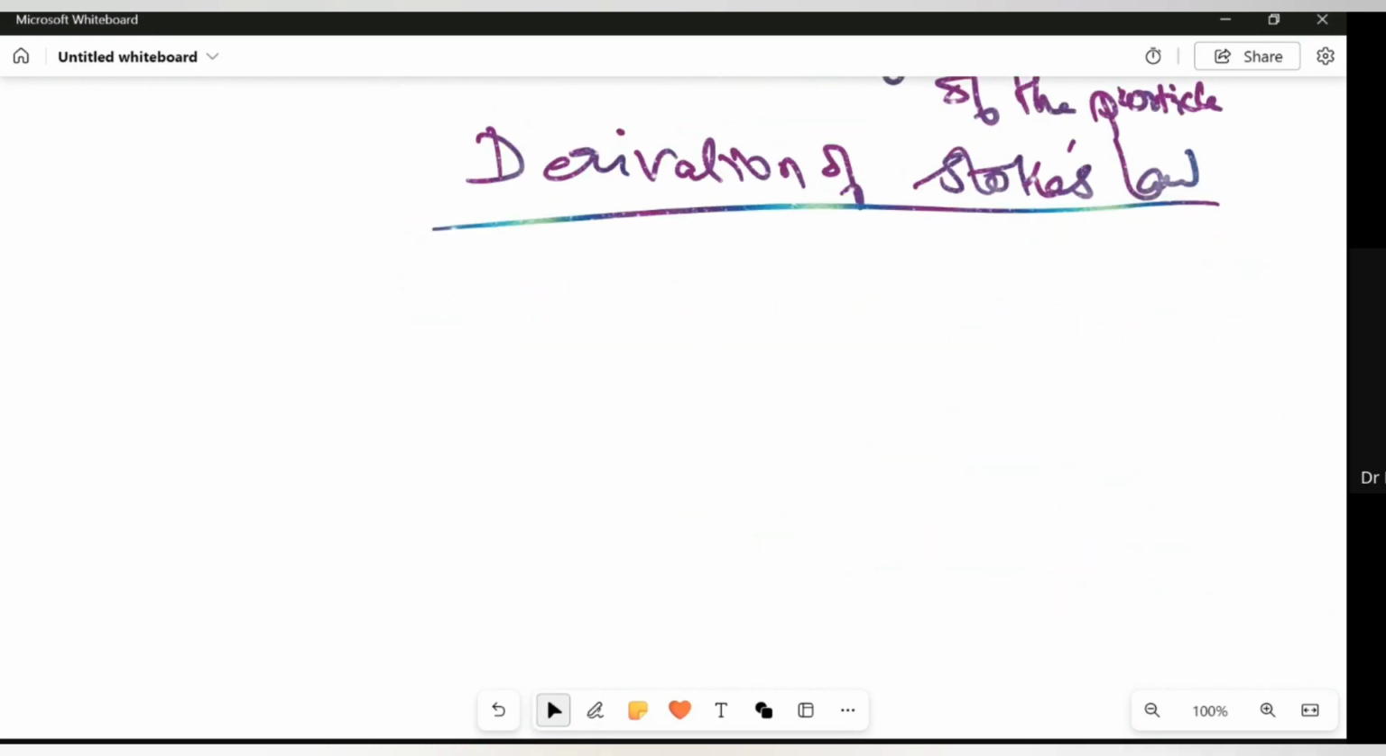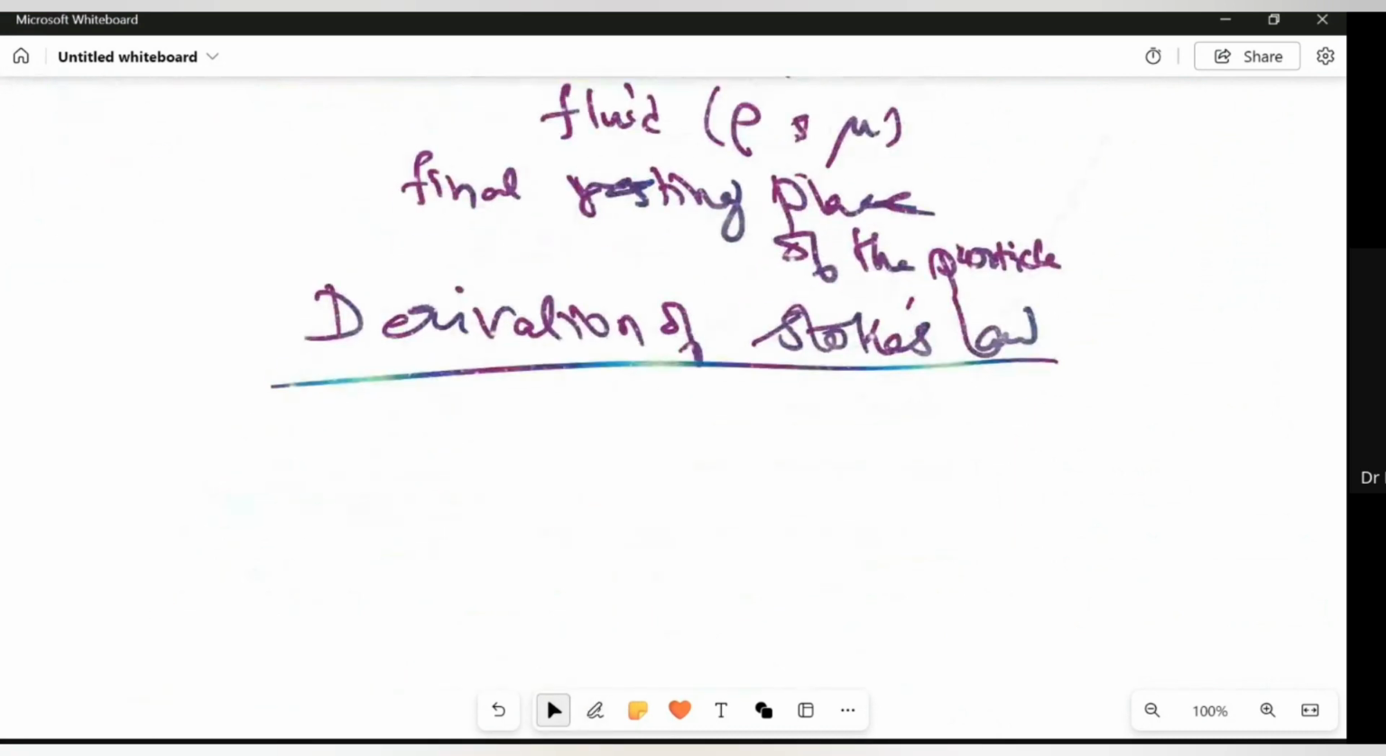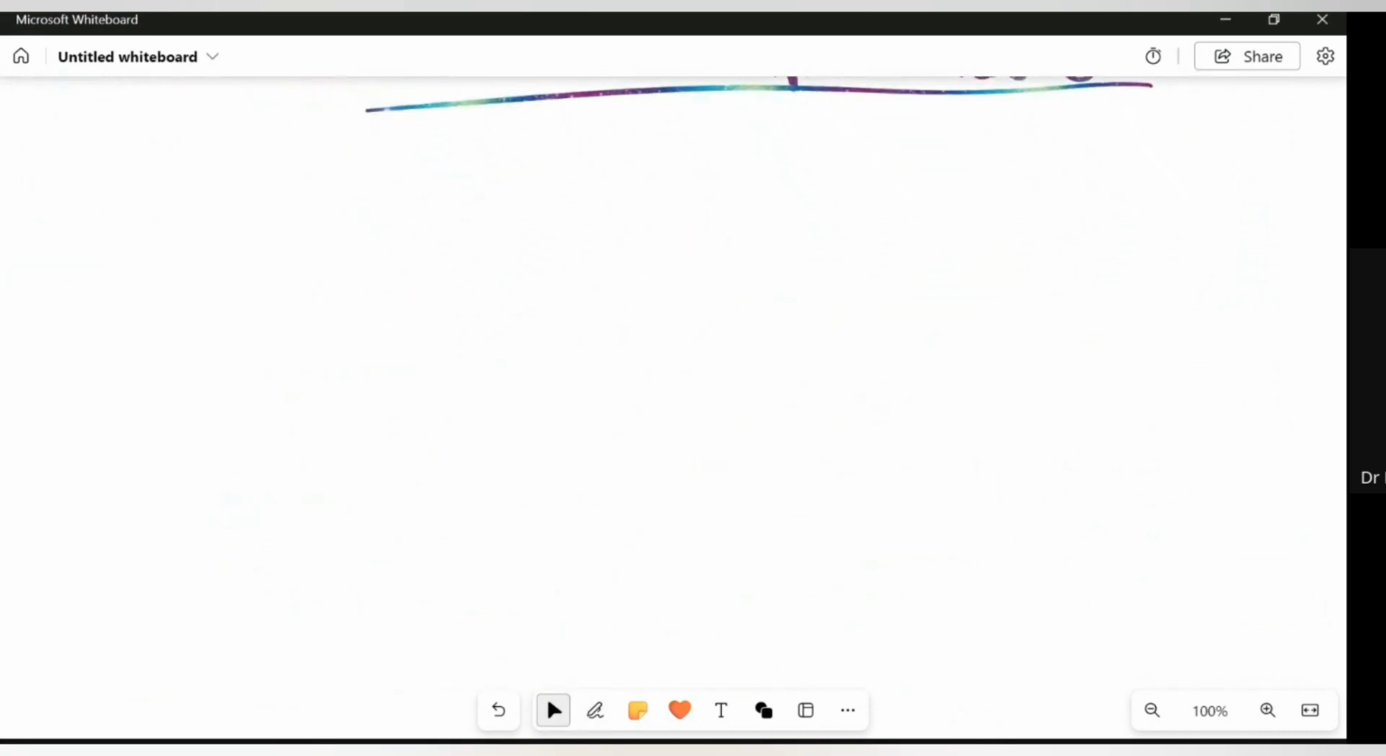Before derivation of the Stokes law, let us get into some of the basic concepts involved in this derivation. We should know about viscous fluids because we are talking about viscous fluids here. So what do you mean by viscous fluid? Because the Stokes law is applicable to particles which are settling in a viscous fluid. We know that viscous fluid is